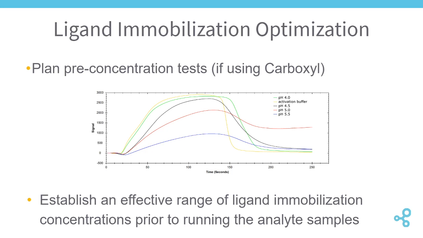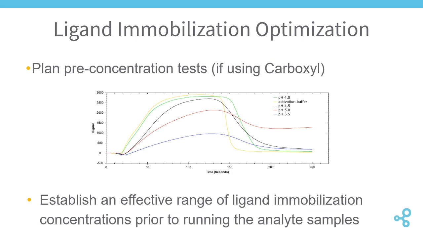If you run that ligand injection and you see that you don't get up to that ligand immobilization level that you had determined from the previous equation, then you could either perform a subsequent injection at a higher concentration, or if you come back to do your test again, say you try with those conditions, didn't see very good responses for your analyte injections, when you go to do your next experiment, you'll then use a higher ligand immobilization concentration. So these are just things that we recommend, especially if you're using the carboxyl sensor, before